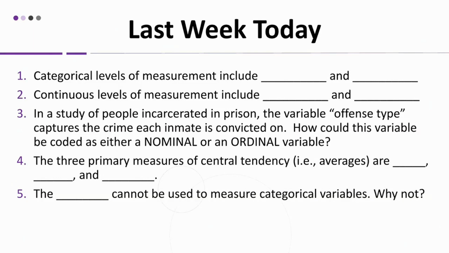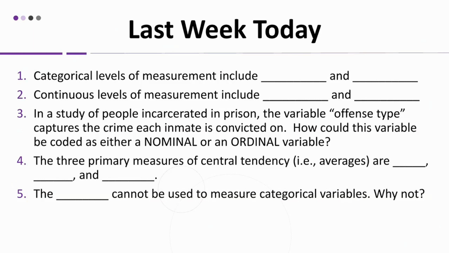Continuous levels of measurement include ratio and interval. Ratio is going to be used more commonly, but interval is very similar to ratio. There's just some differences with absolute zero and things like that where the actual values begin. Ratio is going to be your very standard numeric frequencies of whatever, crimes, people locked up, number of arrests, number of shootings, any other scenario that could play into criminal justice